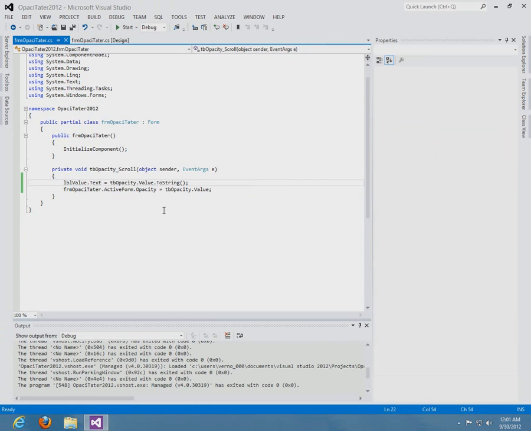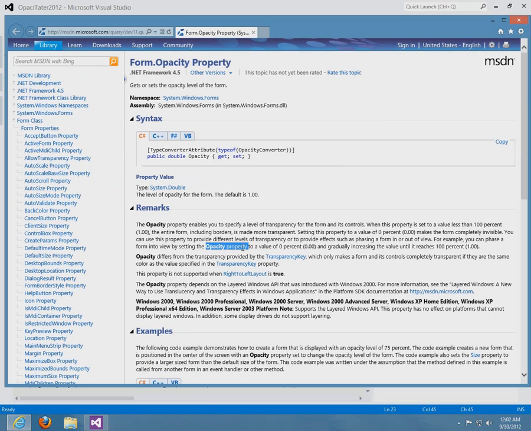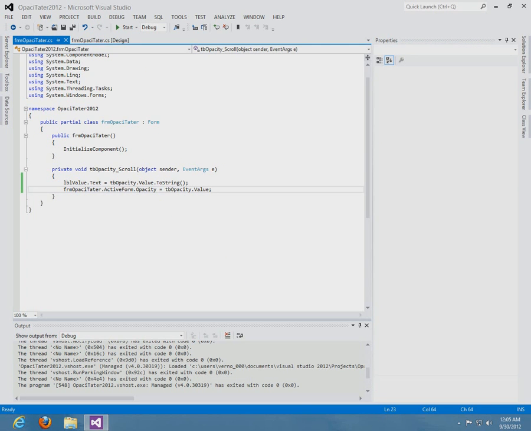Now why would that happen? Let's have a look. Now if we hover the cursor over the form's opacity, we see that it's looking for a numerical type double. And then if we hover it over the value of the track bar, we see that it's a numeric type integer. Well, let's look into that a little further. The opacity property is expecting a value of 0 to 1.00. What we need to do now is divide the track bar value by 100 before we apply it to the